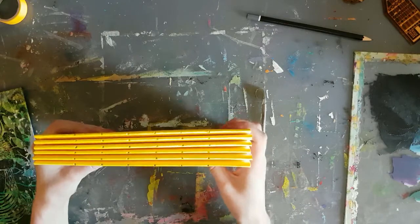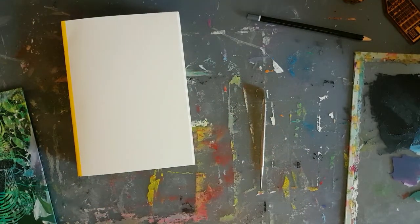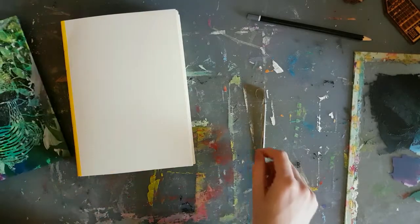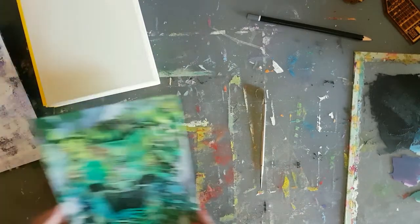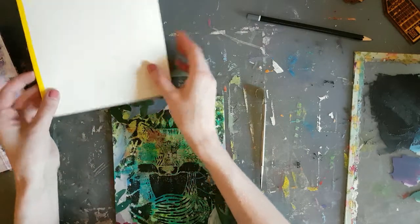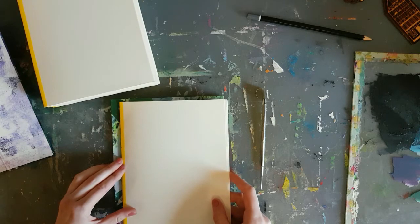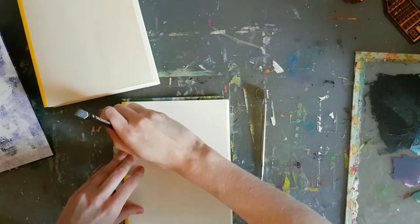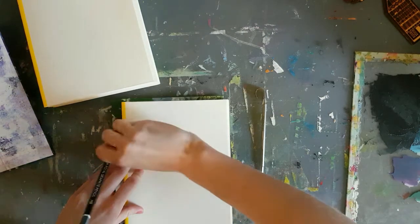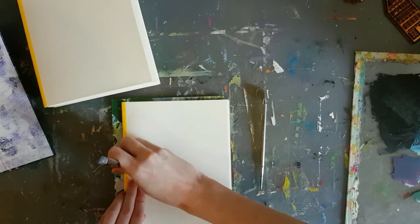There's all the holes pierced. Then I'm gonna do the cover. Need to put holes in the cover. Okay. Might be better to use a pen for this. Hopefully I'll be able to see them all. I just do this by eye